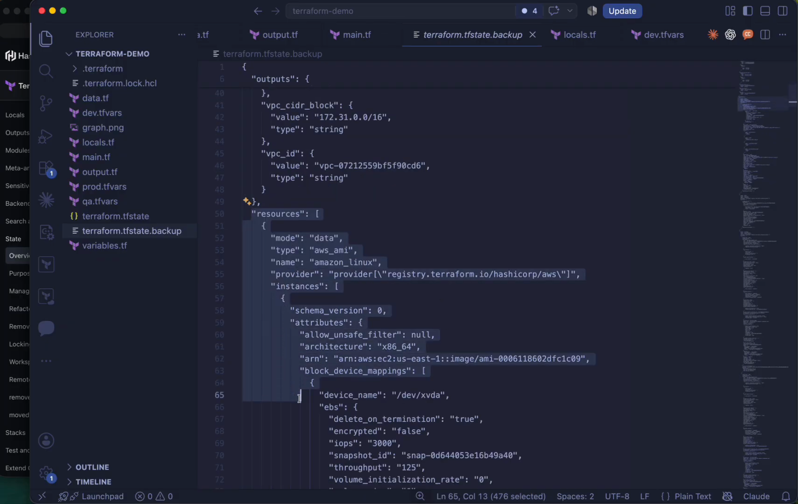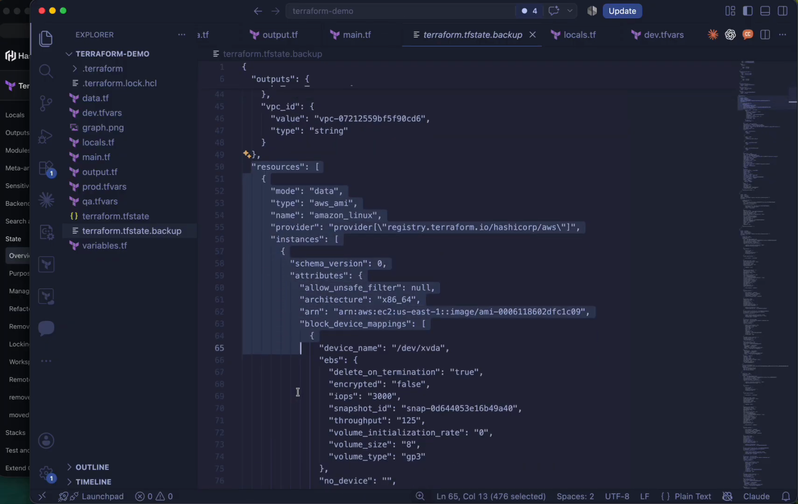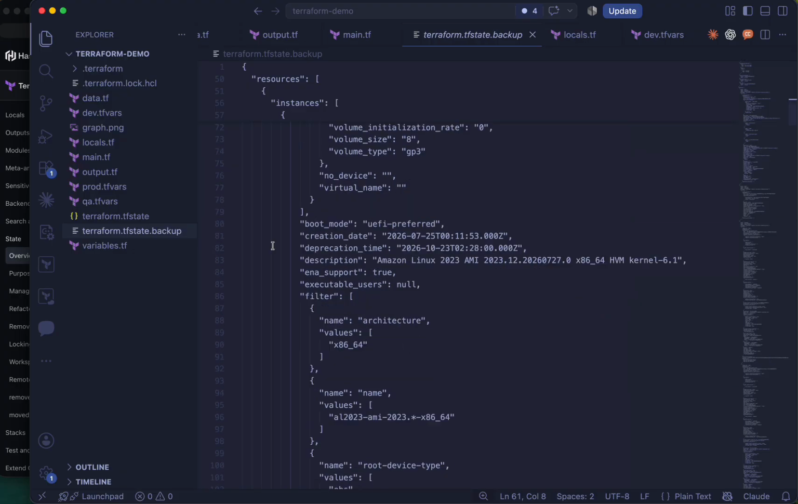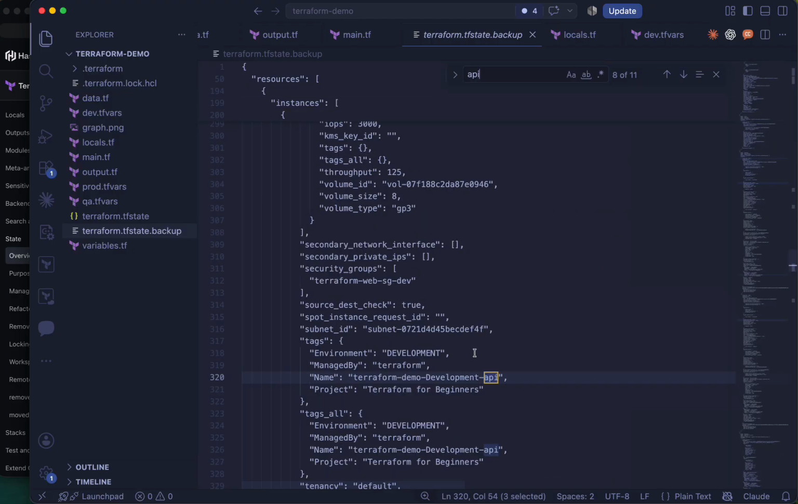This is the most important section of the entire file. The resources section. Every resource managed by Terraform is recorded here. Here are our EC2 instances. Notice something interesting. Because we used for_each in the previous episode, Terraform stores two different instances, one called API